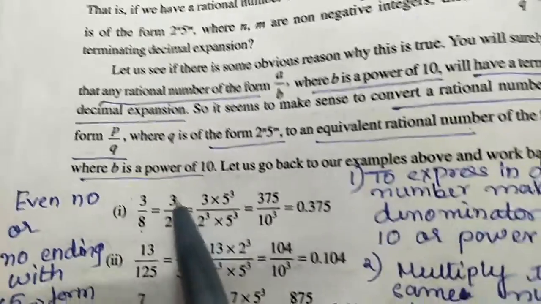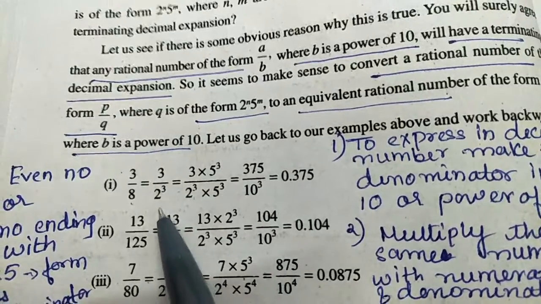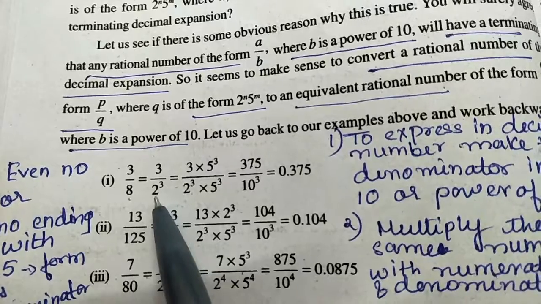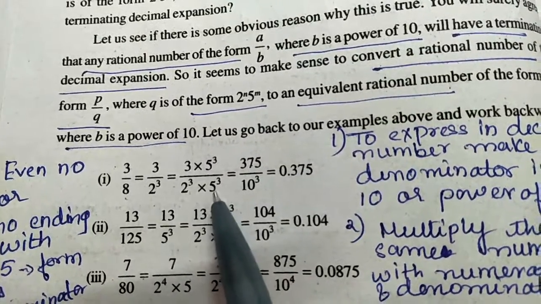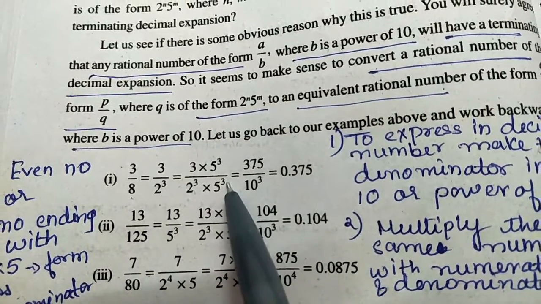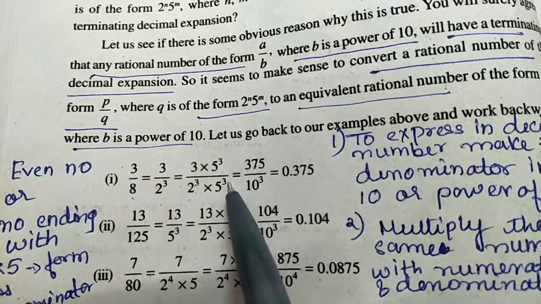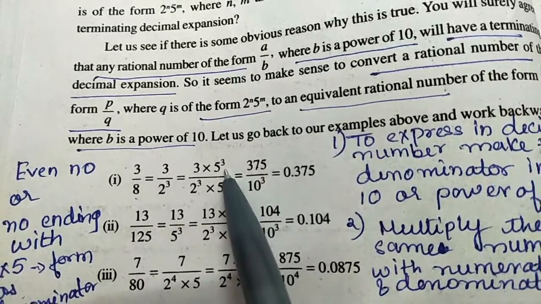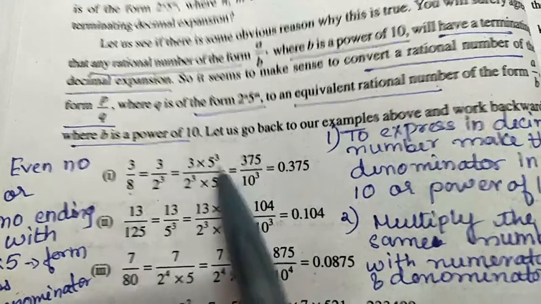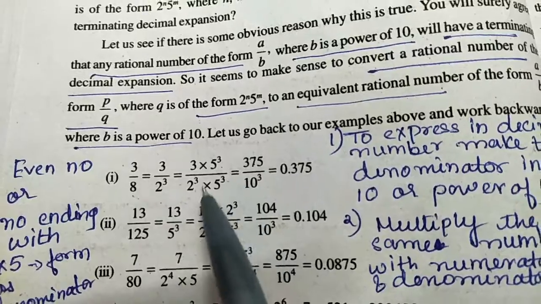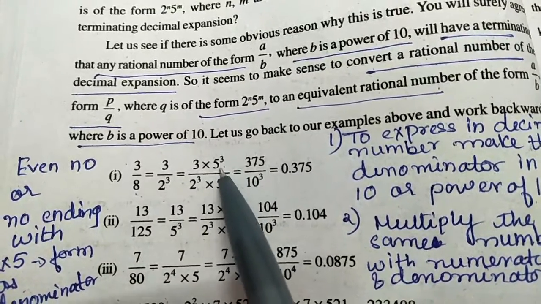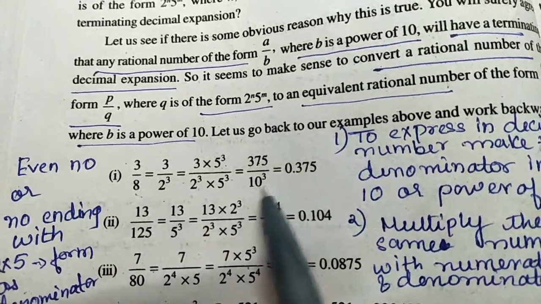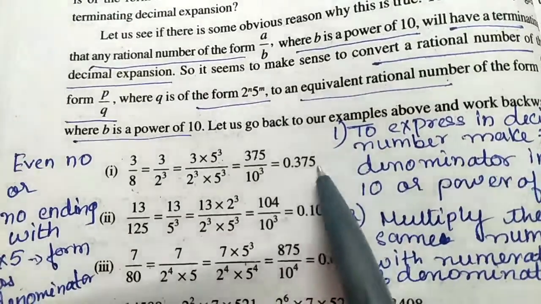Now here in 8, there is no 10 or power of 10, so we have to make it into 10. So first make it into a reduced form. Now you have seen here 8 is 2 raised to 3. So for making 10 or a power of 10, we have to multiply it by 5 raised to 3. When you multiply it by 5 raised to 3, it becomes 10 raised to 3. If you are multiplying here, you have to also multiply the numerator so that the number does not change. Whatever number you are multiplying here, the same number you have to multiply here. Then you get into this form with a power of 10.